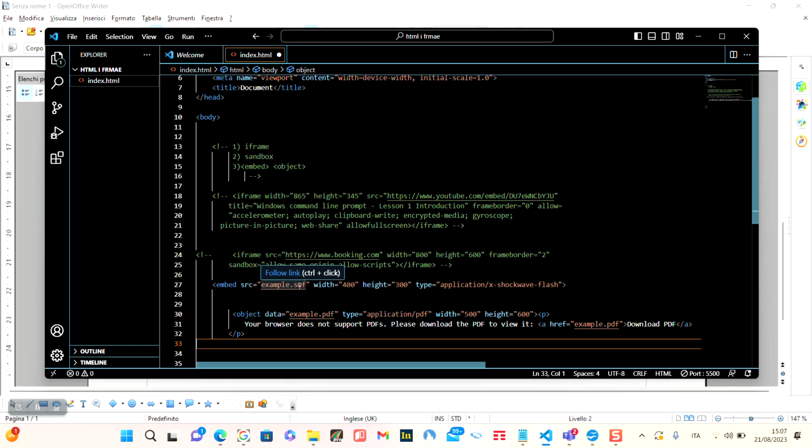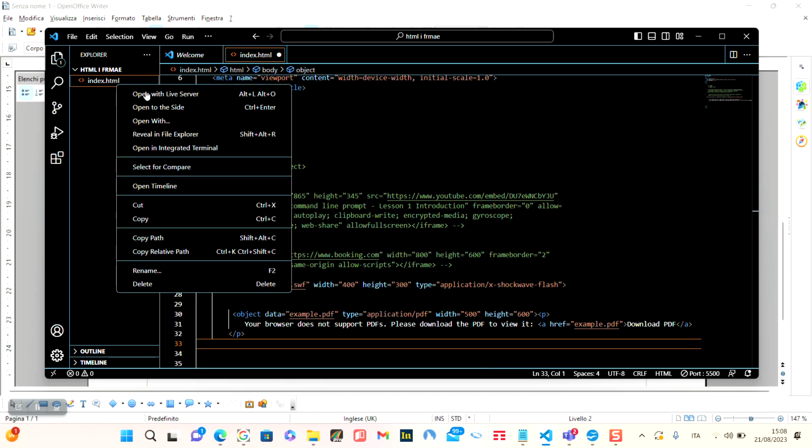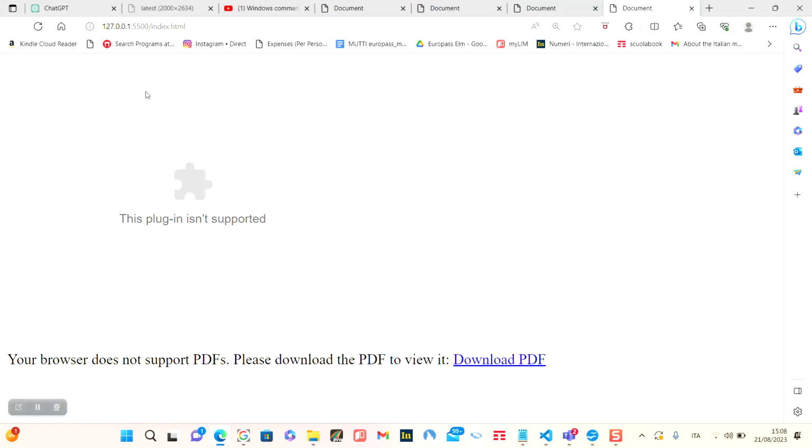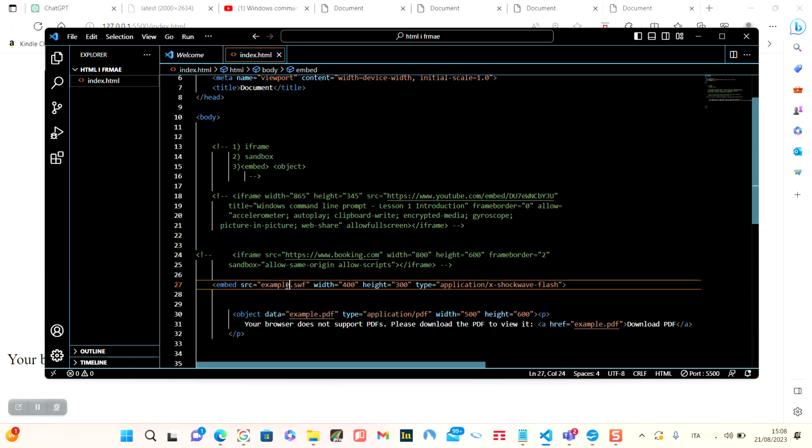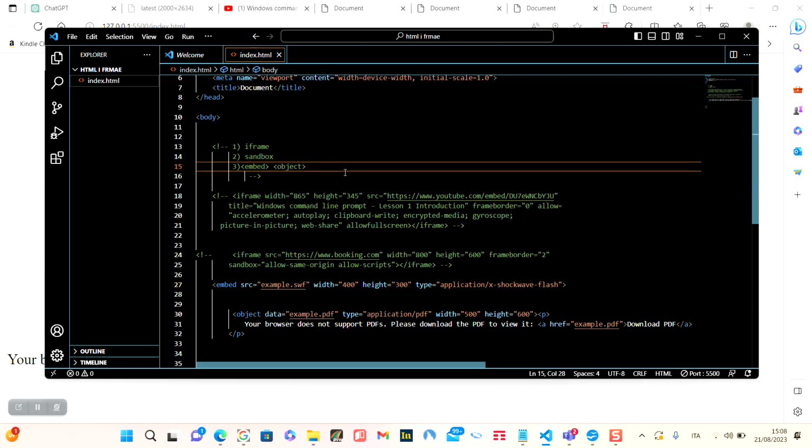Embed opens Flash files, so it opens videos. Now if I open this, it says this plugin isn't supported. Embed was used to open multimedia files, video, audio, images mainly, and it used a plugin to open them, that was Adobe Flash Player. And now it's not used anymore, because